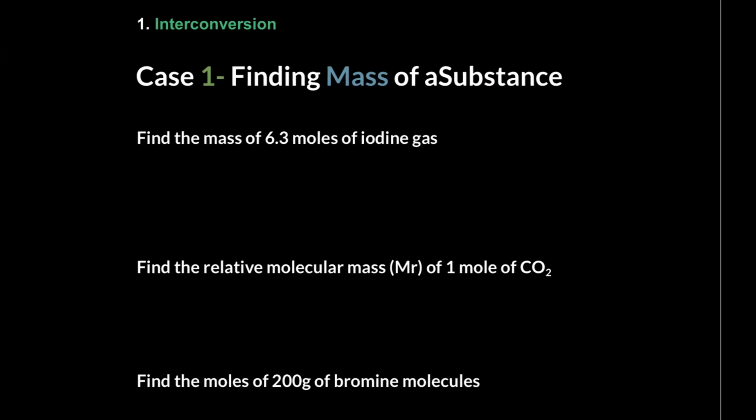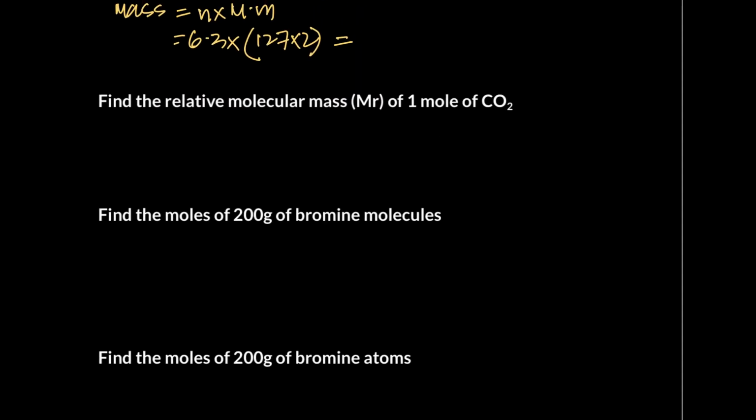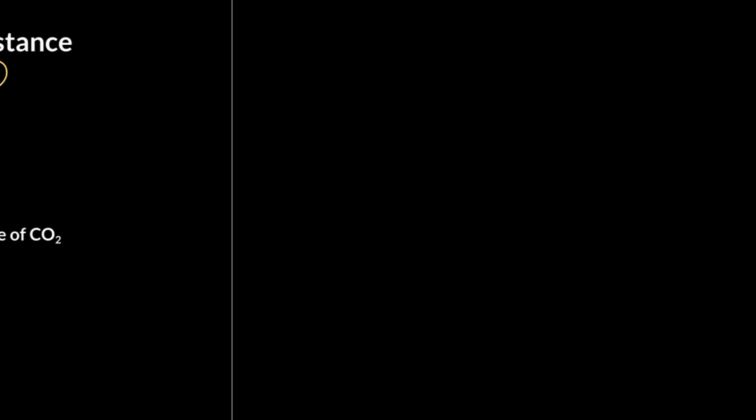Okay. Finding the mass. So if I want to find the mass, what am I going to do? Mass equals mole times molar mass. मास कितना है निकालना है, मोल्स दिए हुए हैं 6.3। मोलर मास ऑफ आयोडीन गैस, आयोडीन गैस है I2 होता है, I2। पीरियोडिक टेबल में प्लीज देखें। व्हाट इज I इन द पीरियोडिक टेबल, ग्रुप 7 में है, पीरियोडिक टेबल में देखिए ग्रुप 7 में I is 127 and because it's 2 you multiply it by 2, that's the molar mass। हाँ जी बताएं, आंसर खुद निकाल लीजिएगा। 127 ही है ना, चेक द पीरियोडिक टेबल यार, पीरियोडिक टेबल चेक कर लेना,